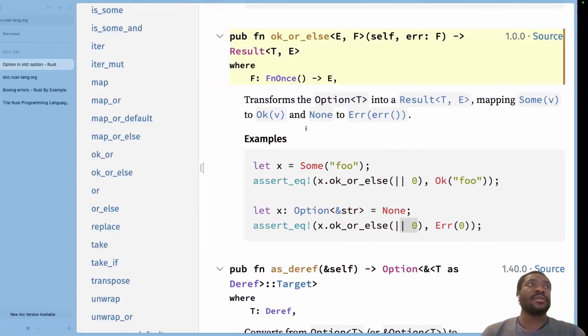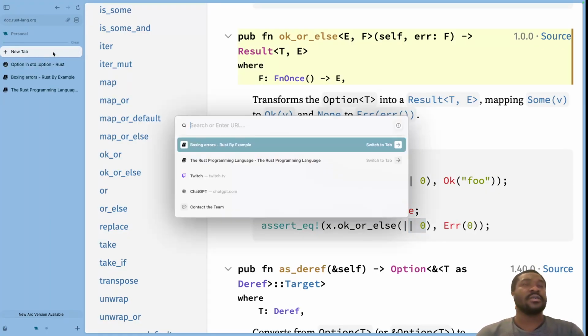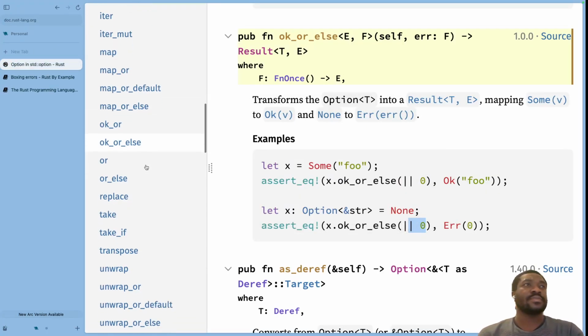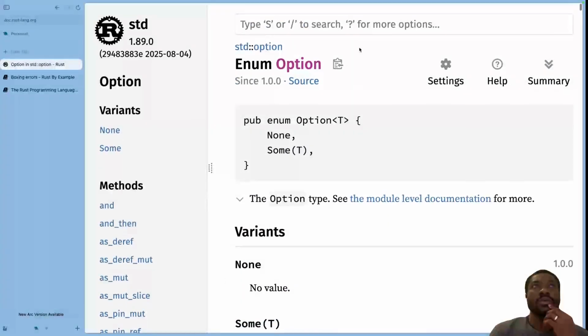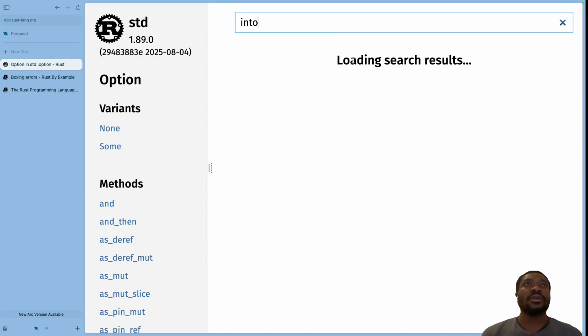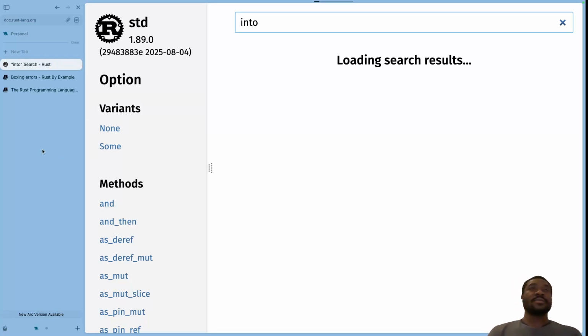Anyway, let's write it. I want to see what into is. Wait, what? I know what's wrong here. Okay. So the struct, and then you have into. Are we able to say into? I think we have a problem with this. I hope I'm still online. But anyway, the